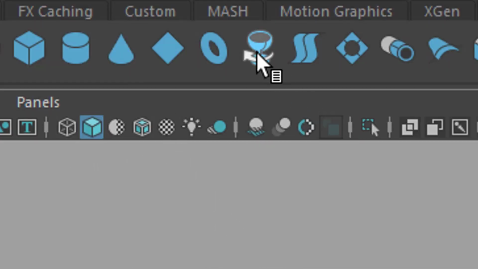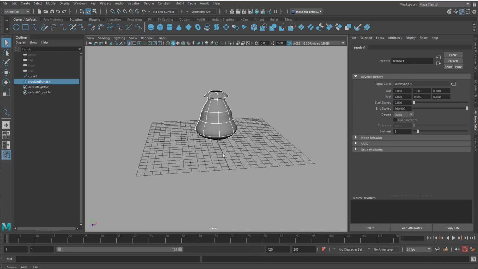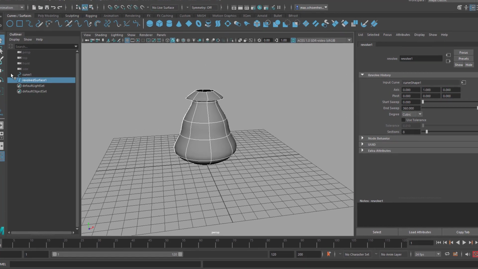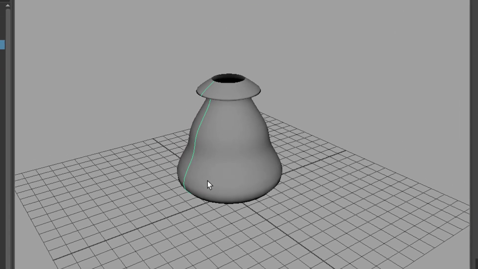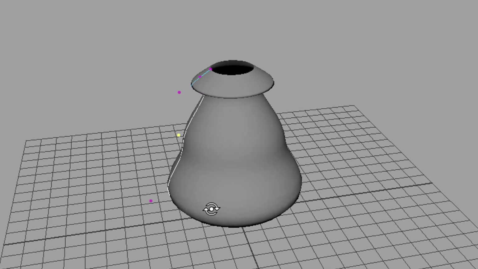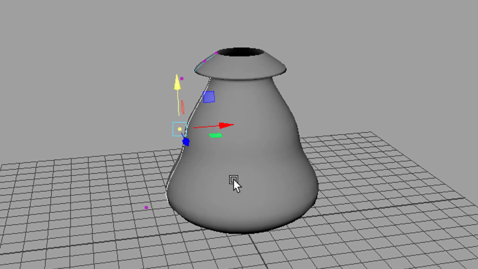And when I use the revolve, I get a revolved surface like this. It is dependent on the curve, on the layout of that curve,